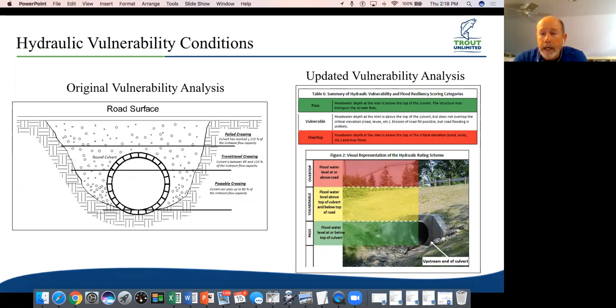And it doesn't mean that pipe is going to blow out during that storm event. It just means that it's not able to do the job that it was designed to do. More recently, probably in the last 3 years, we did an update with the state of New Hampshire, and you can see on that side that dramatically changed from passable to the top of the pipe, transitional from the top